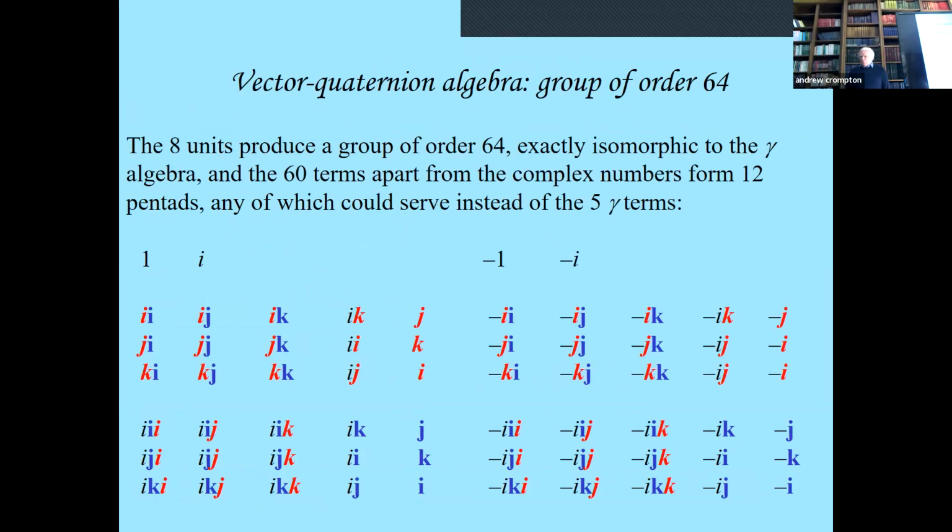And that's how we get a vector quaternion algebra. The reds are a set of quaternions, and the blues are a set of vectors. And we've also got complex i in black there. Now, what I want you to notice is that we've got 6 on one side and the minuses on the other side. We've got 6